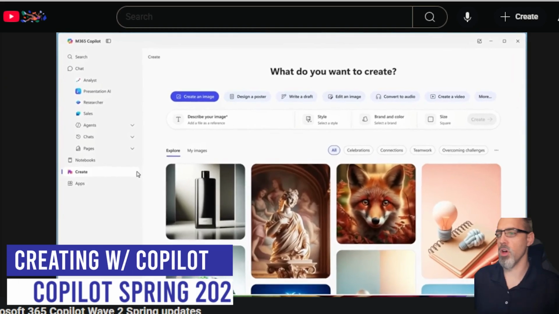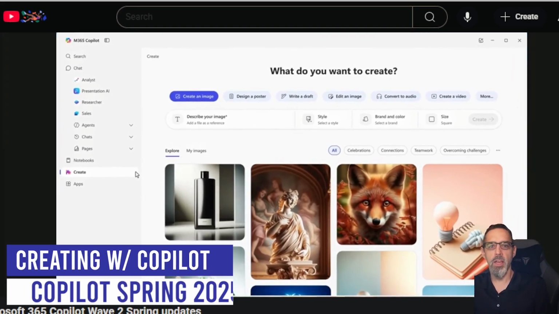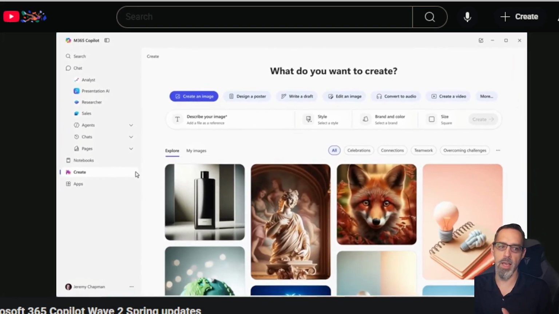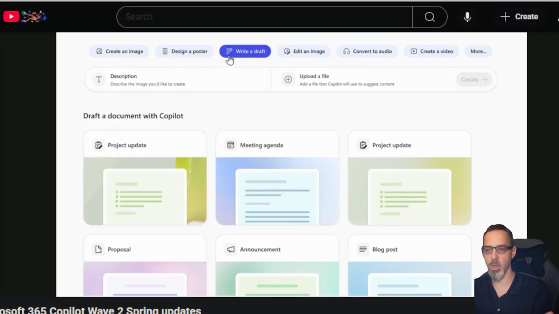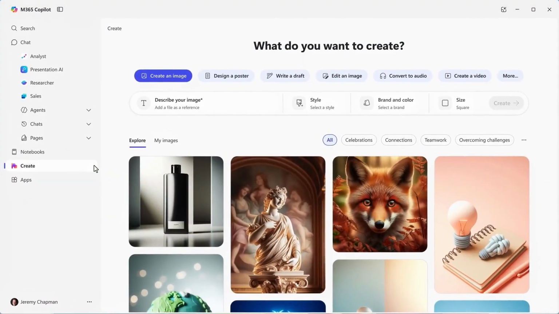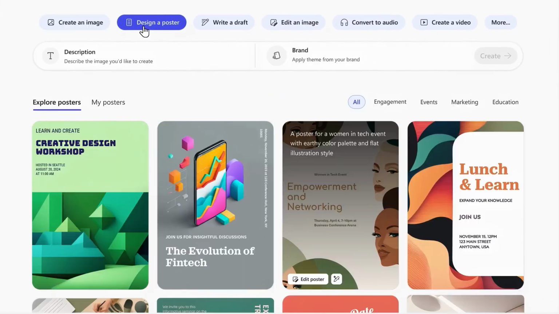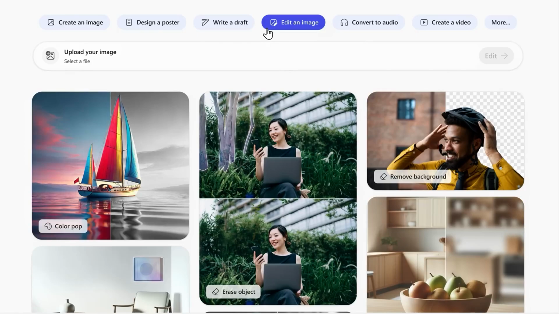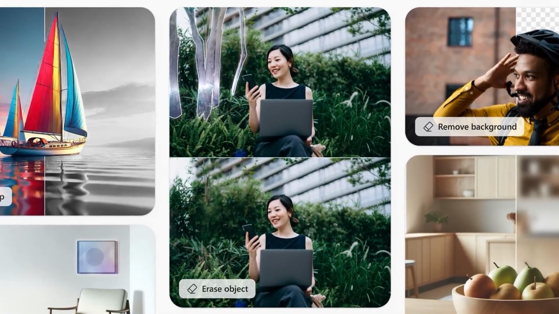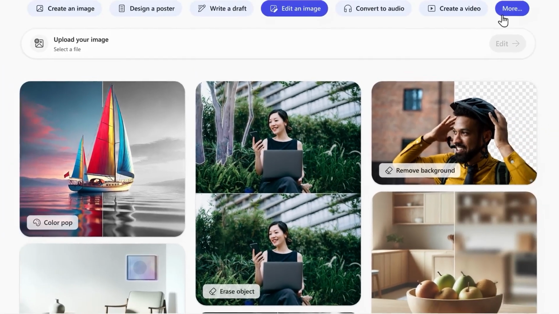So the video kind of moves along here. We're talking about the create experience, and this is really pulling in the Microsoft Designer piece. There's a web page right now where you can go to designer.microsoft.com. You can get a very similar output to what you're seeing on the screen here, where it gives you the ability to create images, but they're also merging that together with that portal.office.com functionality where you can create documents, you can create PowerPoint presentations,